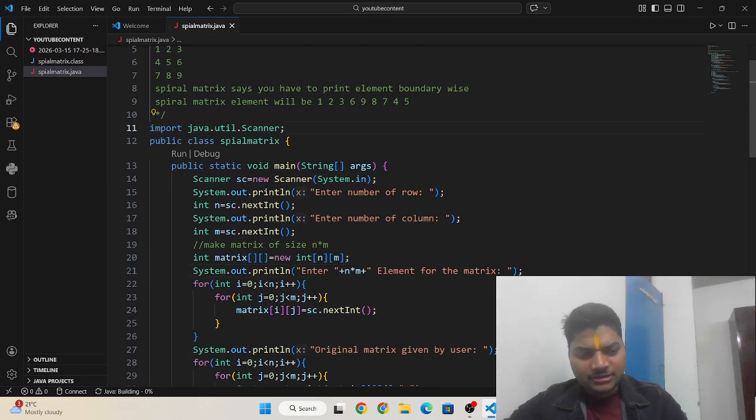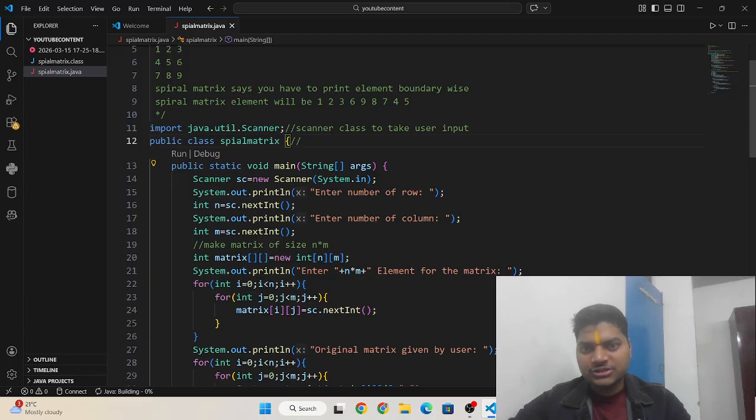Here you can understand, this is the Scanner class to take user input. This is the file name where all code is going to be saved.